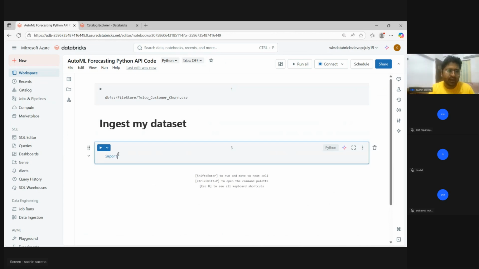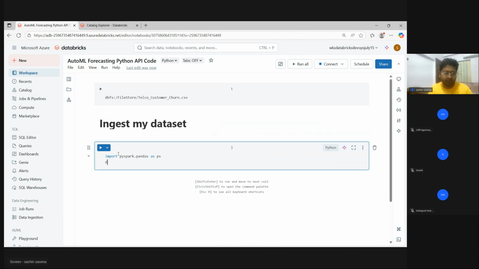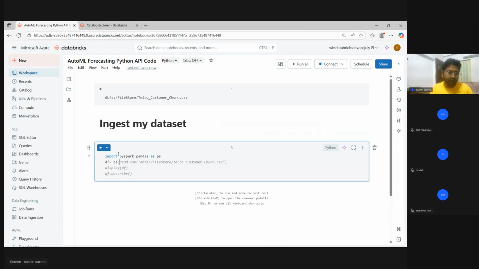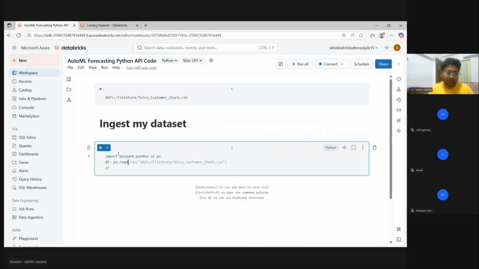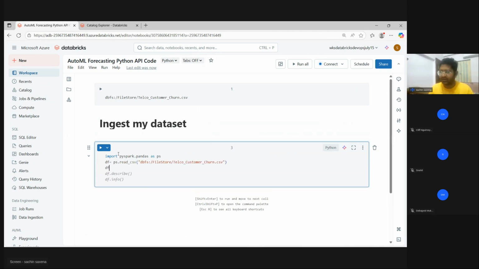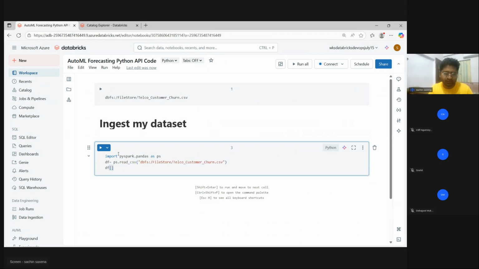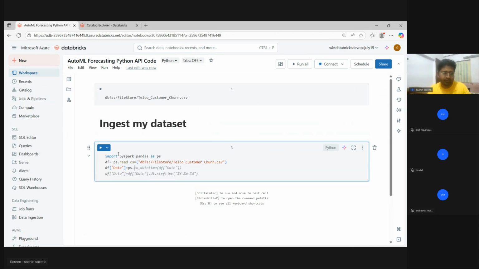So what I'll do, I'll import PySpark.pandas as ps, and we'll create a new data set. With this ps, I'm going to read csv with this address, and then this date column is there. I will have to convert to ps